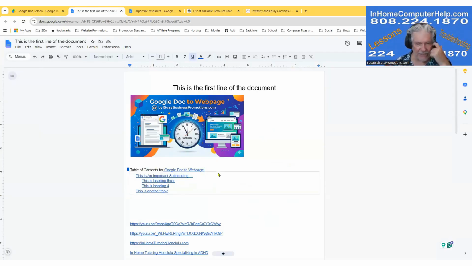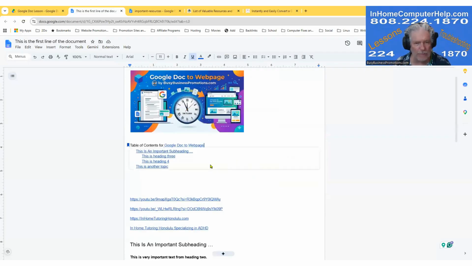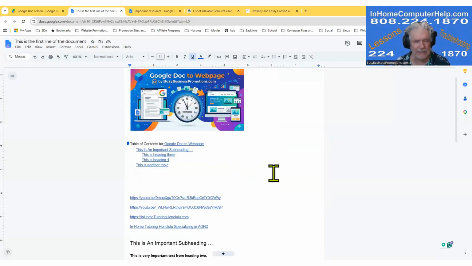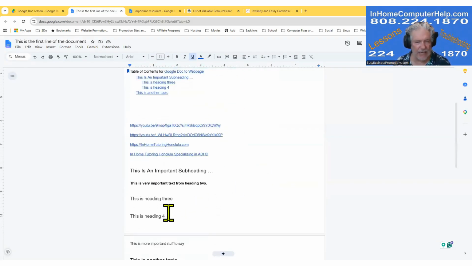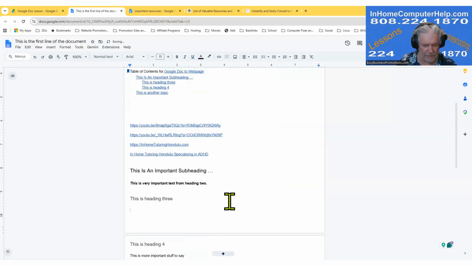Okay, so now if I want people to be able to come back to the table of contents, I can create a link for that. So let's say back to, and now use some keywords if you're actually doing a website. So back to Google Doc to web page